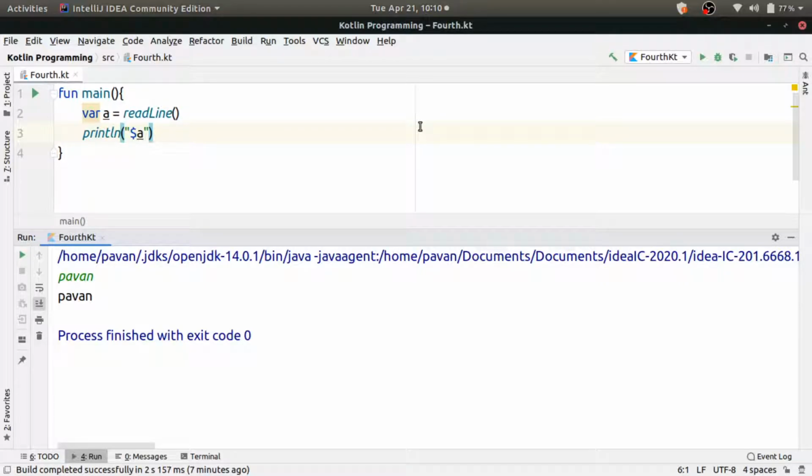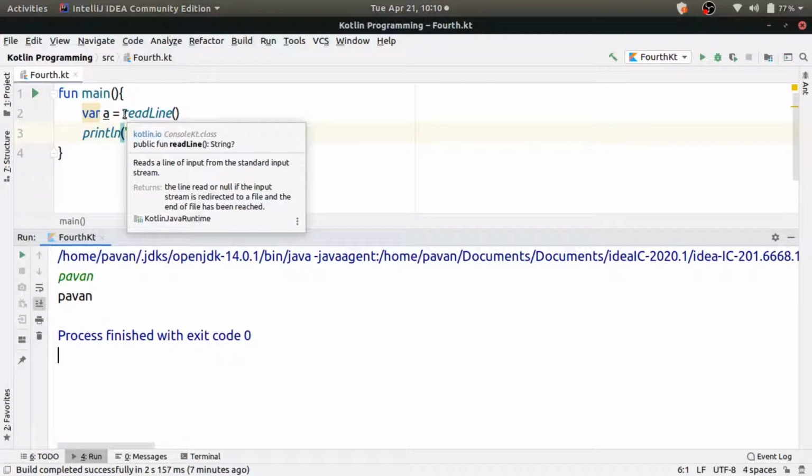There is no implicit type conversion in Kotlin, meaning that a smaller data type like integer cannot be converted to a value of a bigger data type like long implicitly, like it is possible in Java. Every value must be converted to another data type using the explicit type conversion mechanism only. So let's take an example on how to read an integer value and display it to the user.